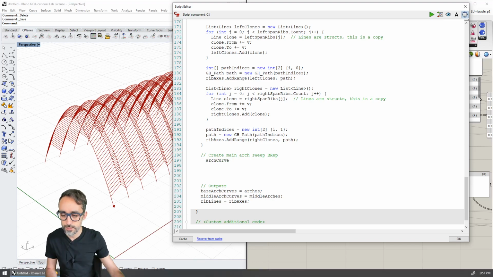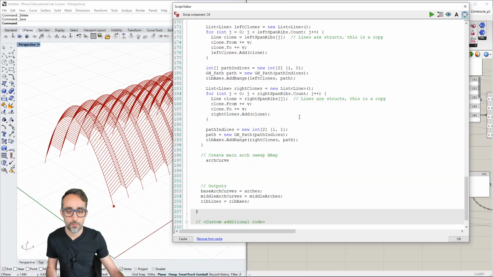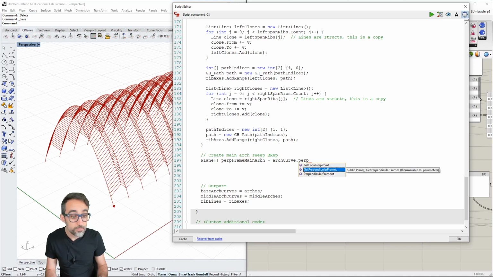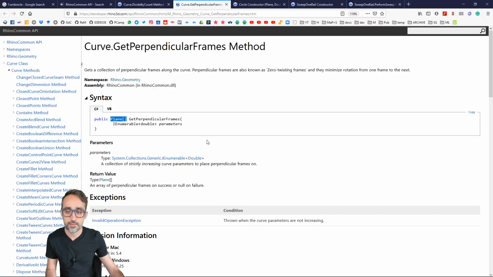So what I'm going to do is, and the return type is going to be a bunch of planes, which is exactly what I want. So let me go back here and let's say plane perpendicular frames main arch. That's going to be equal to arch curve dot get perpendicular frames. Okay, and what this function needs is an IEnumerable, which is just a way of saying that something is a list-like element, like an array or a list,